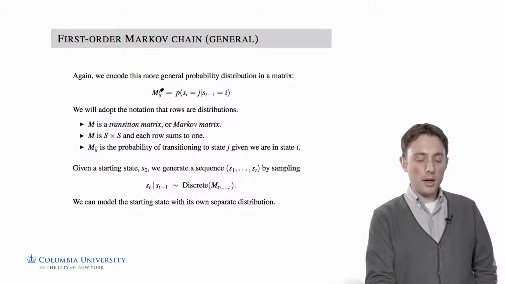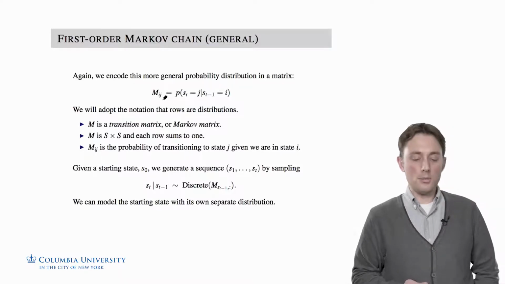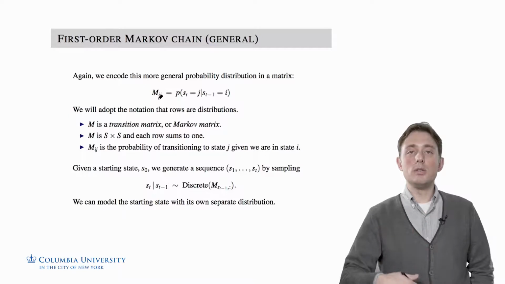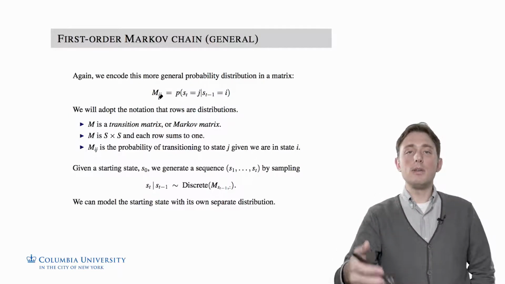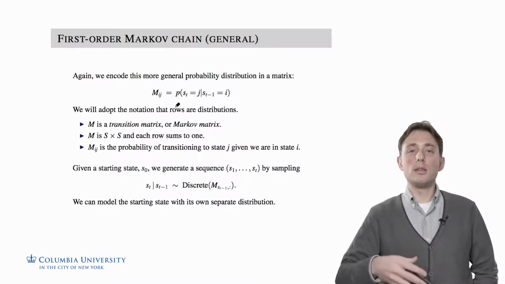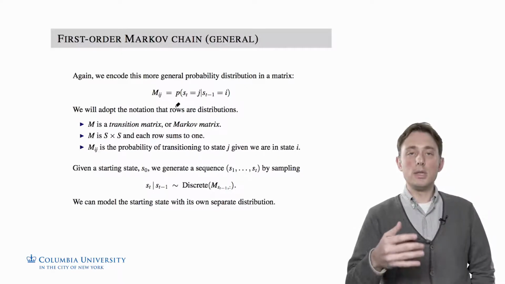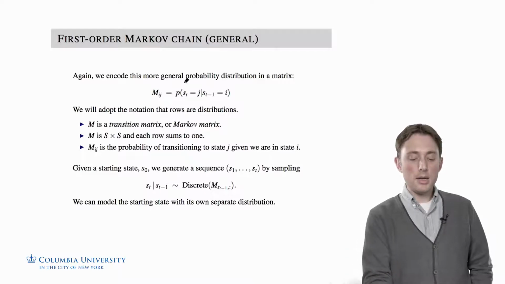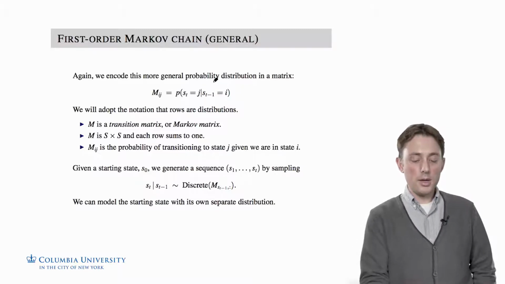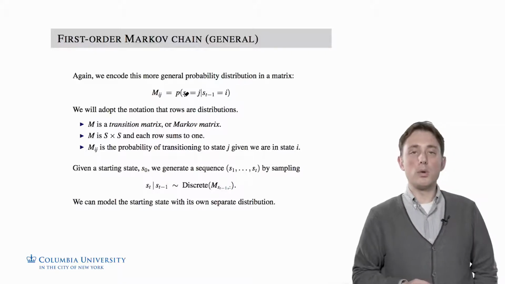And the jth column in the ith row is the probability of making a transition to state j, given that I'm in state i. And so we make this assumption that the probability distribution on transitioning between every single state is not dependent on time. So this is another modeling assumption that we're going to make for the first order Markov chain, that the probability of transitioning from state i to state j is the same for all time points t.